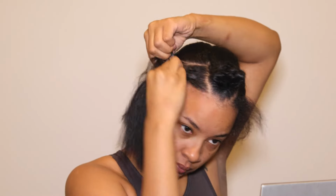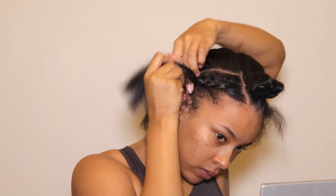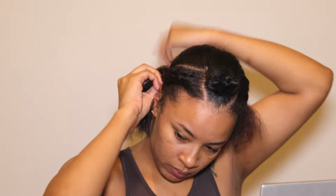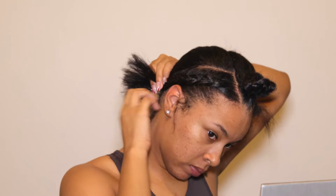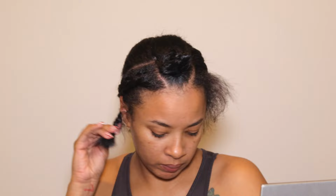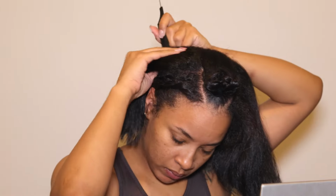Also, I feel like this makes the clip-ins a little bit more secure when they have something to really hang on to. I don't know if maybe some of y'all have used clip-ins before, but if you have more fine silky hair and you've used clip-ins before, you'll know that they'll slip out, like they won't really be that secure. So I've found that braiding my hair creates a more solid and secure placement of the